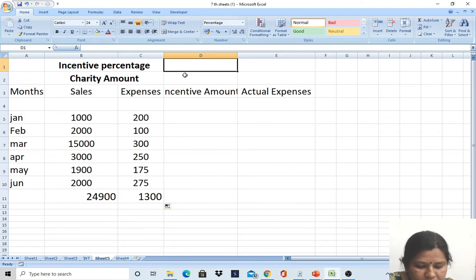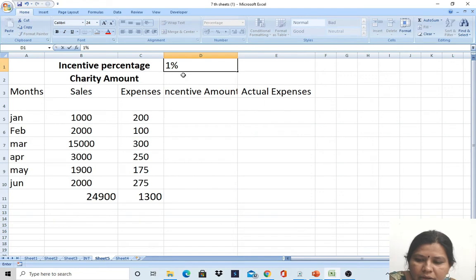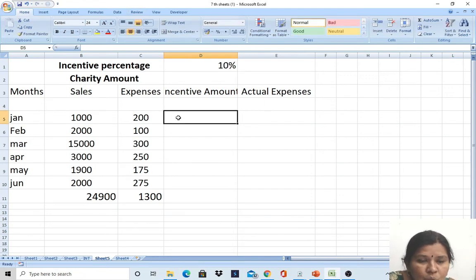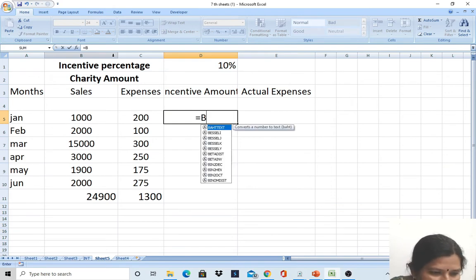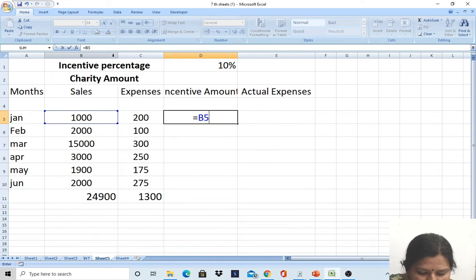I will write 10% here in D1. So it is equal to the sales amount, which is in cell B5, right? B5 asterisk, use the dollar symbol,